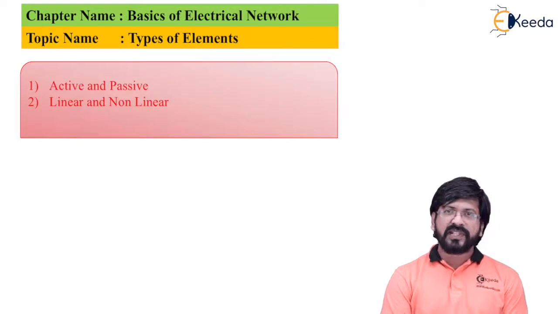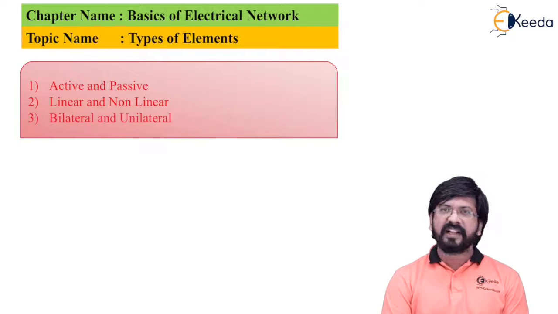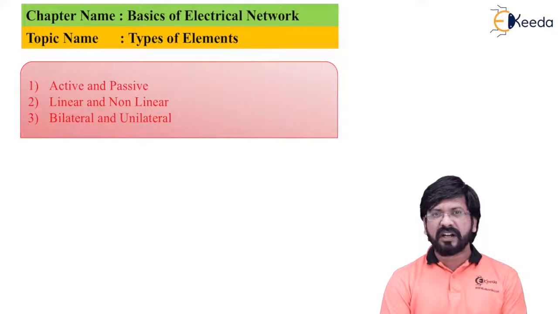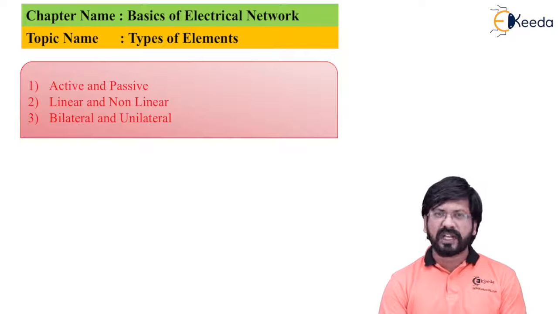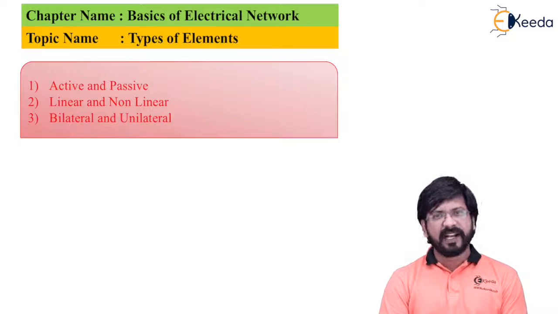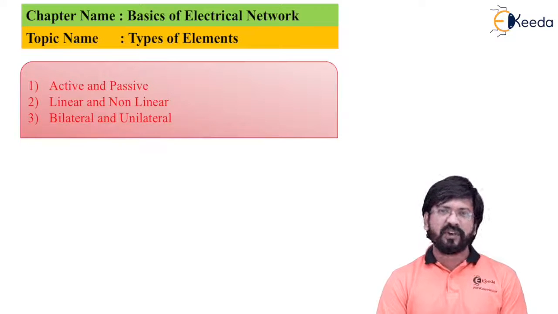The third type that you can see on your screen is bilateral and unilateral devices. Bilateral devices means, for example, if you see the behavior of a particular component, as in if you apply some voltage and see the current which is passing through it, and let's say you plot some graph in the first quadrant, and if you now reverse the voltage and see exactly the same characteristic even after reversing the polarity across it, then it is bilateral. So it gives you the exact characteristic in diagonally opposite quadrants.